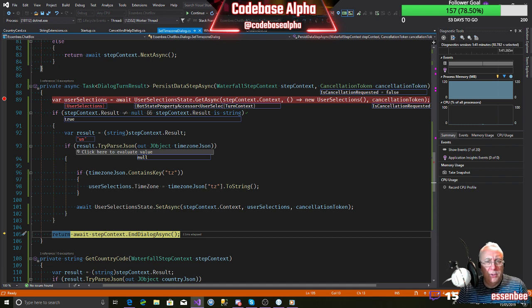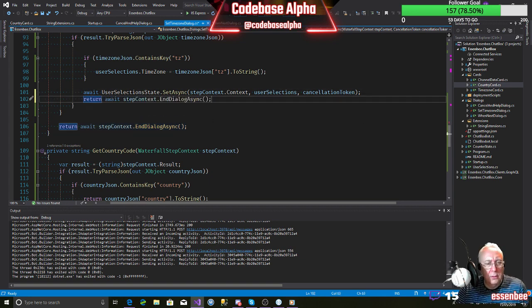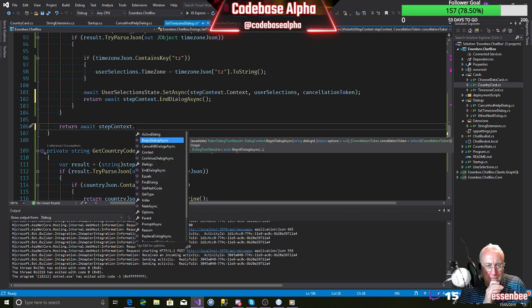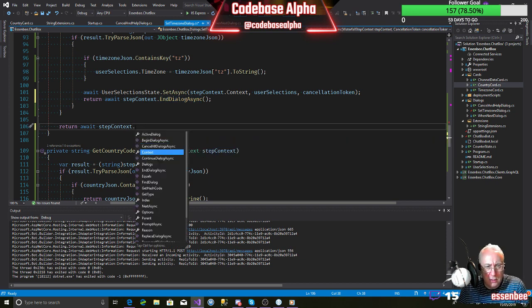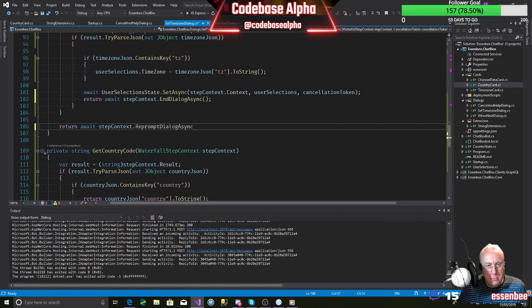What else can we do other than end dialogue? So here we want to return that. At this point, step context top. We can cancel all dialogues, continue dialogue async, or we can replace the dialogue, or we can reprompt dialogue async. I wonder what that does.